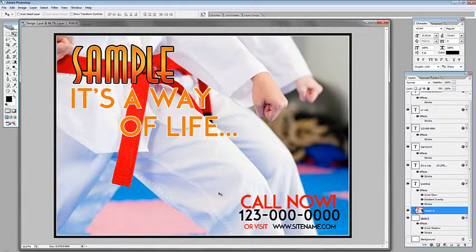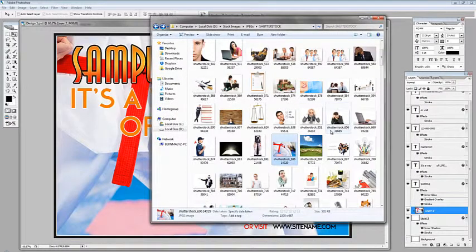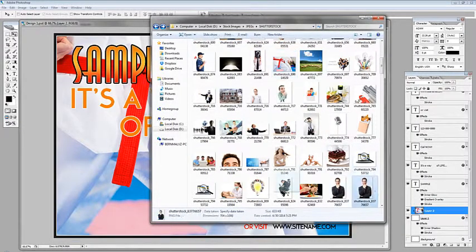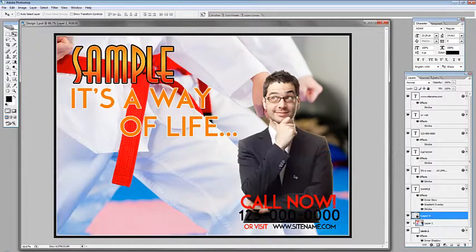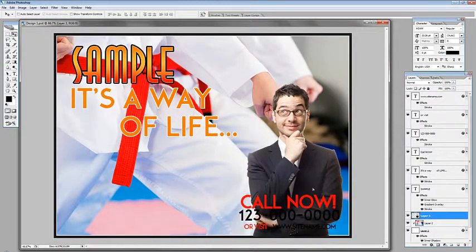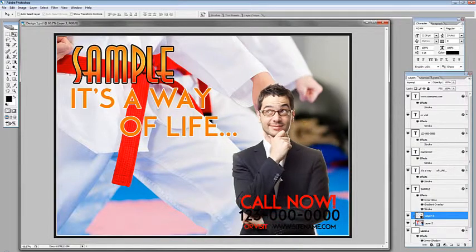We can also add more images by just dragging them in. Say for example this image right here, just drag it. We can place it anywhere, and we can also clip that image, so hold the Alt key, place the cursor between these layers, and click, as you can see. And if you want to flip any image, say for example you want to flip this